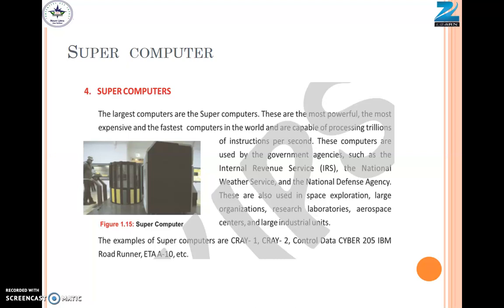Mini computer, when we want to store a little amount of data or we want to provide services to other computers as a server, then we use mini computers. As a web server we can use mini computers. Okay, mainframe computer, when we need to process a very large amount of data, then we use mainframe computers. And at last, supercomputers: it is the largest computer and when we need super fast processing speed, then we use a supercomputer. It is very expensive and can't be afforded by small organizations. So generally government agencies are using supercomputers.